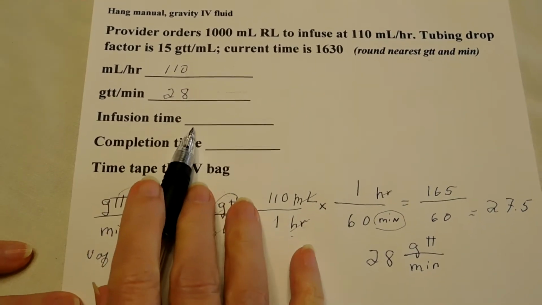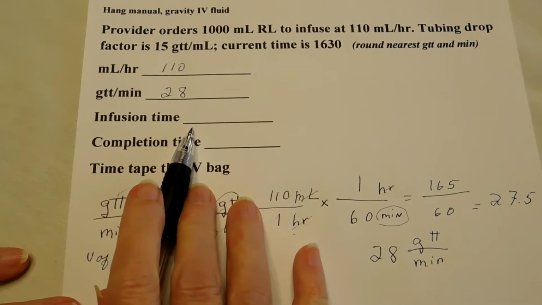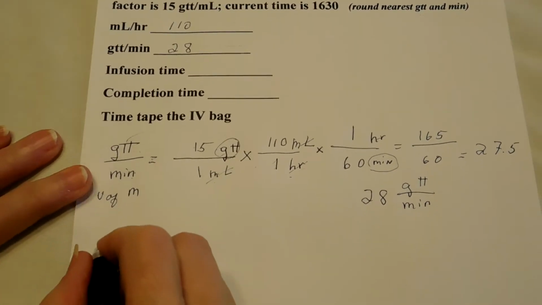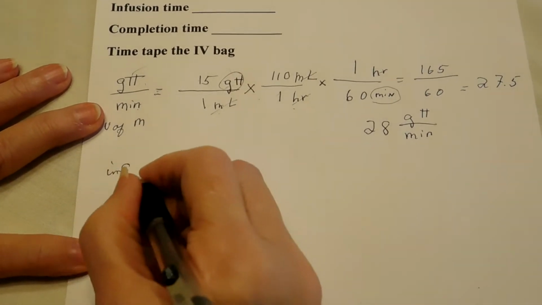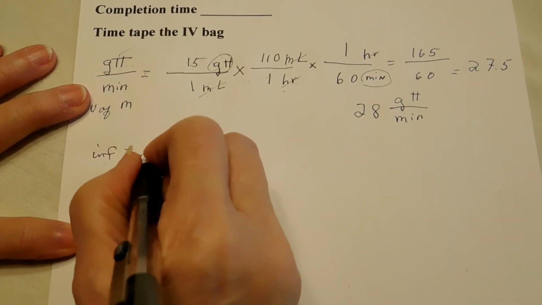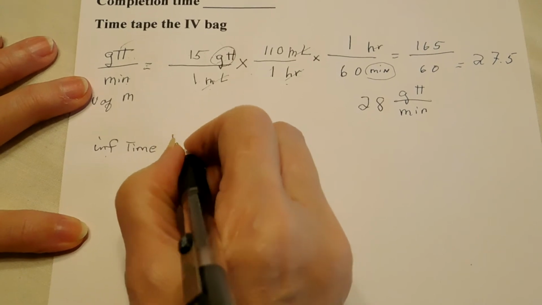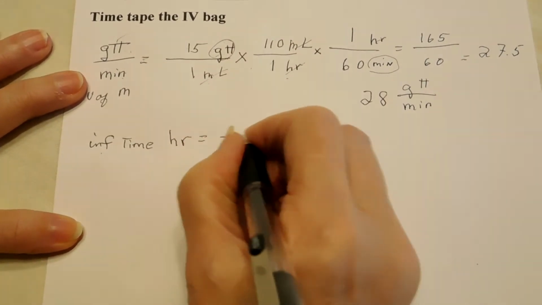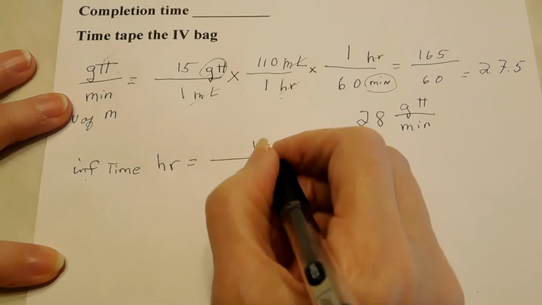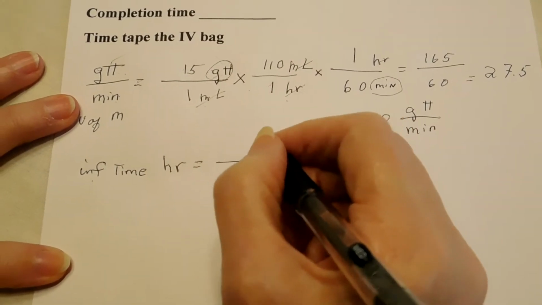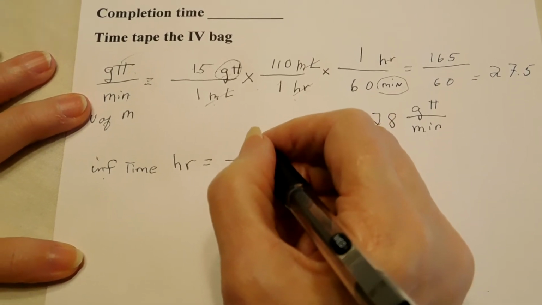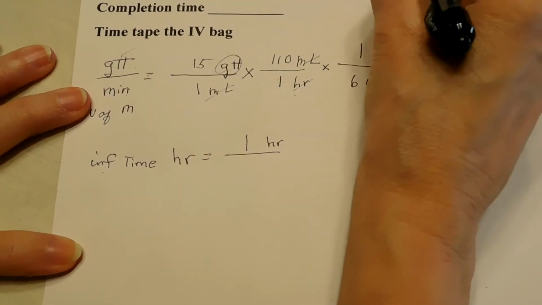And the next thing we need to calculate is our infusion time. So we're going to write this in as infusion time, hours. Okay, so hours equals, and our hour will go into that first numerator. So what do we have with hours? Well, we have 1 hour is